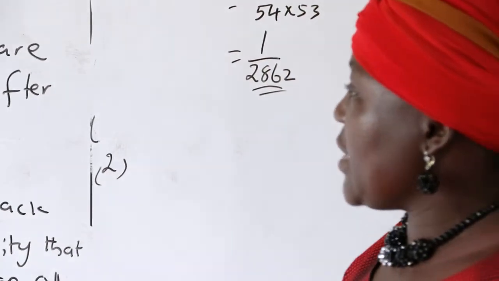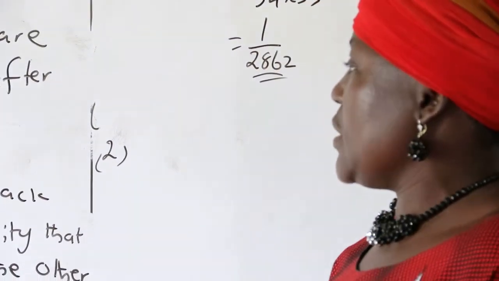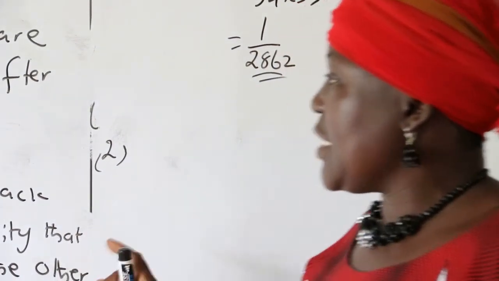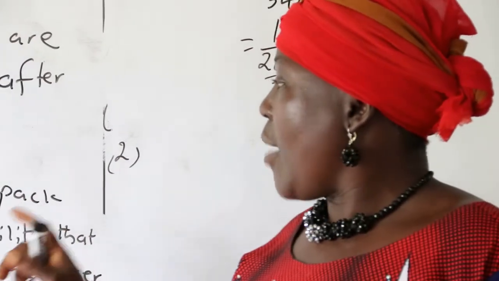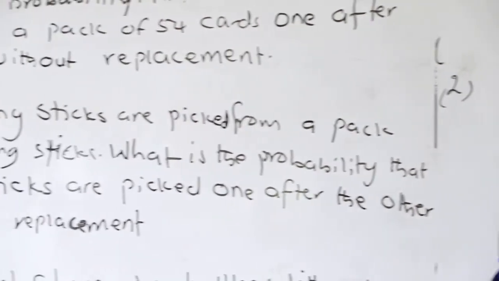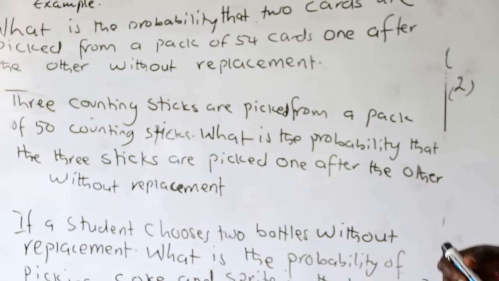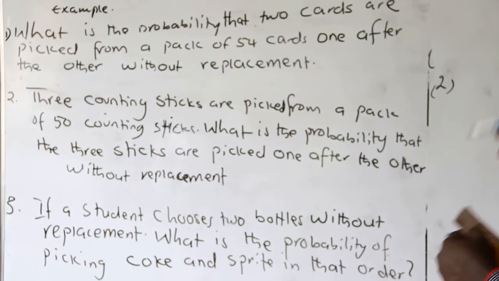Question 2 says 3 counting sticks are picked from a pack of 50 counting sticks. What is the probability that the 3 sticks are picked one after the other without replacement? For this one, you first of all list them as I listed them here. The first picking,